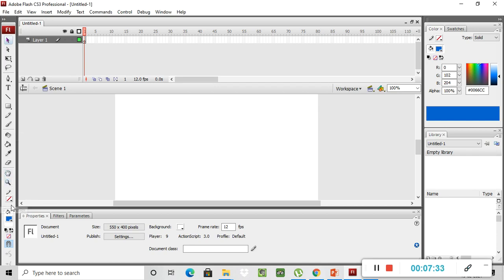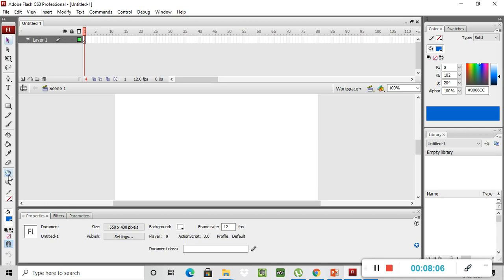Then the color tools are given here. These are your color tools, and then option tools are given. See, this is your option tools. In Flash, this snap to object is very important here. Now see, what is the use of the hand tool? The hand tool helps to navigate the content on the stage after zooming in. You can move your content.